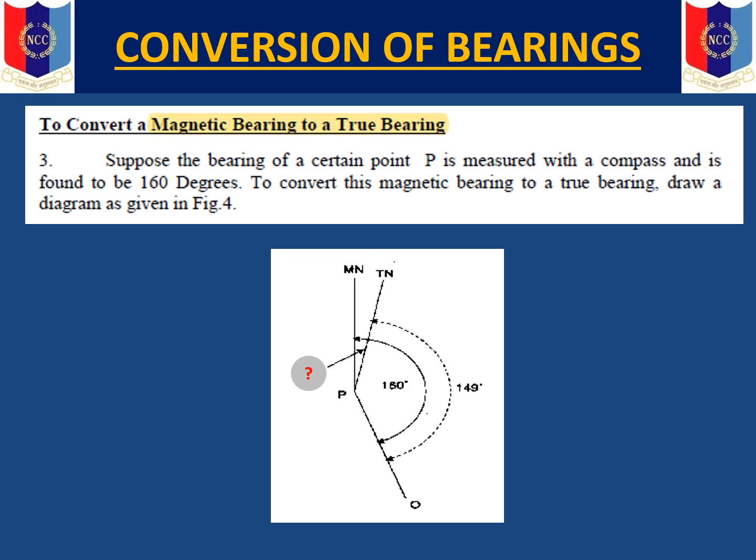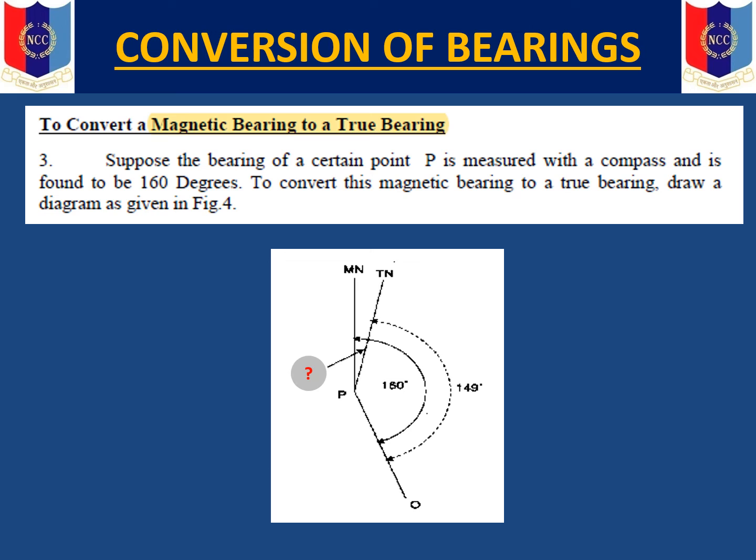When we talk about maps, we at times are required to convert the bearings from say magnetic to true bearing to grid bearing, and so on and so forth. We should know what is the difference. We've already seen what is a magnetic bearing, what is a true bearing. Now if we are required to convert the magnetic bearing, or the bearing which is measured using a compass, to true bearing, which is the line joining north and the south poles, then we have to use something which is known as the magnetic variation, which we've already seen is depending on two factors, the time and the place.